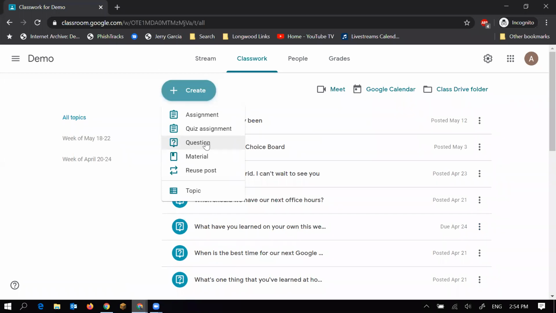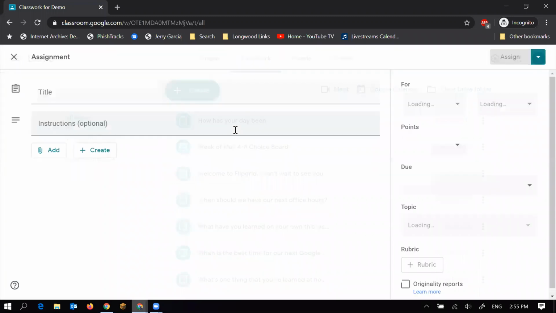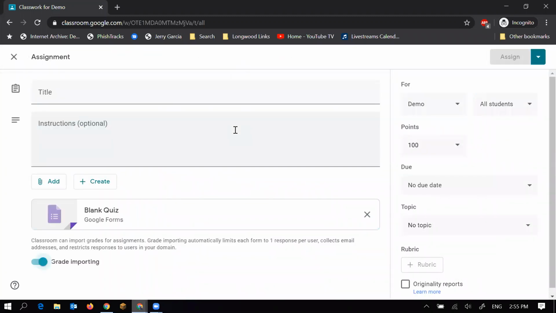So the next one that we'll take a peek at is quiz assignment. This is going to use Google Forms. And in Google Forms, and I know that I'm doing a session on this on Wednesday, so if you are enrolled in that, you'll be able to walk through how to make a quiz in Forms. This cool option in here for grade importing means that any of the submissions will automatically use the template,